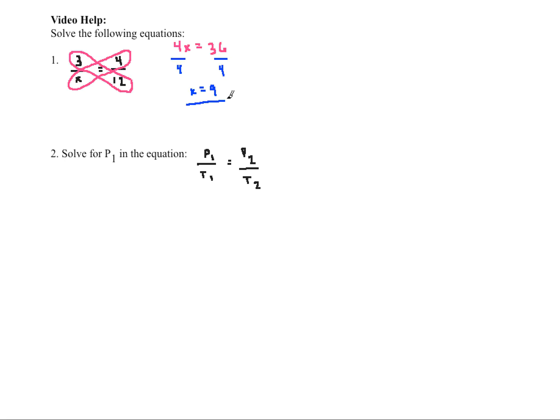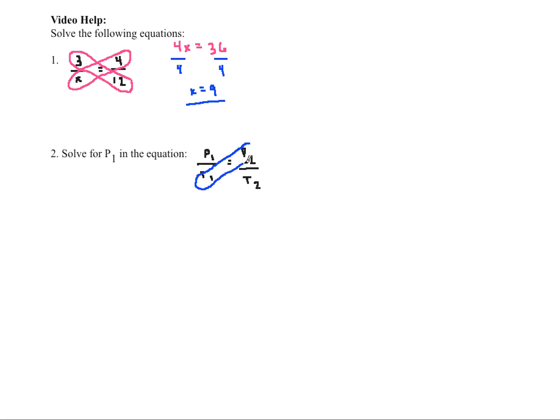For number 2, if you notice, I've got P1, which is one variable, T1, which is another variable, P2, and T2. This is a formula that we're actually going to be using in the very last unit in the entire year. However, I can solve for P1 right now and then just plug in values for the other variables. If I'm solving for P1, there are two different ways you could do this. Since P1 is in the numerator, I could multiply both sides by T1 and then be done because P1 would be all by itself. However, just to reinforce the importance of cross multiplication and the value of it,